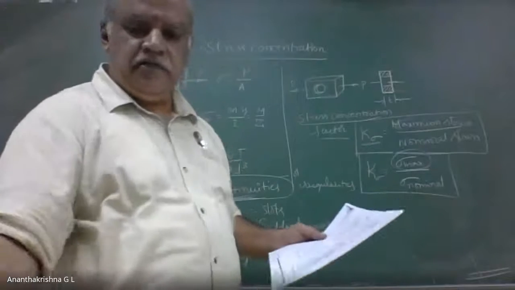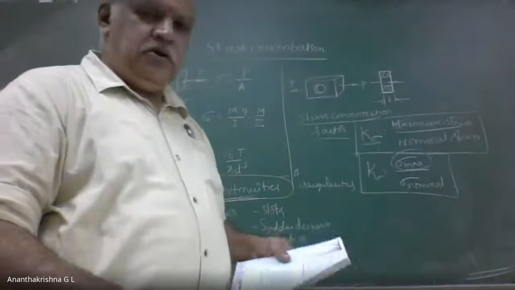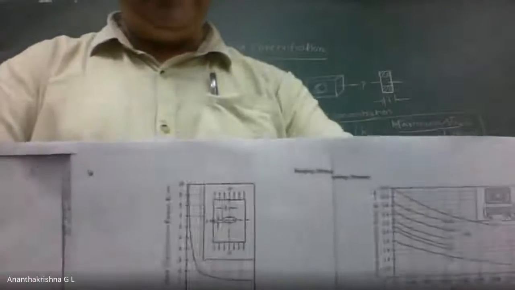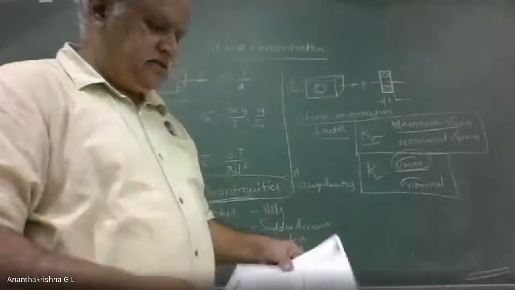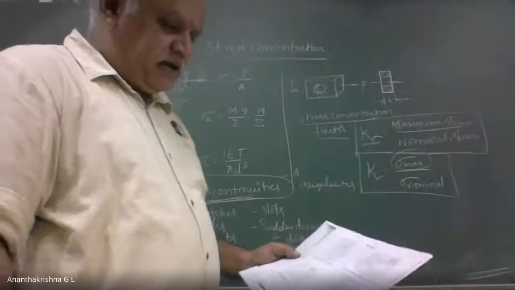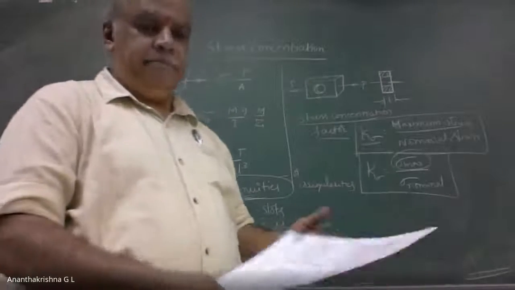I have given you few sheets starting from page number 36. Are you all there with the data handbook sheets that I had given to you? I had posted the sheets, page number 36 onwards. If it is there in the system, please open it at least. Tarun Pachori, page number 36, figure 2.12. What is the description? Please read out. Stress concentration factor K for a plate with hole in tension.